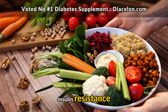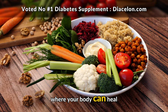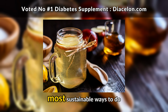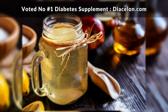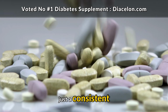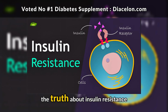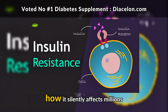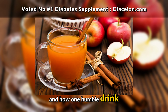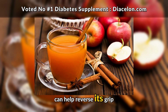Reversing insulin resistance isn't about short-term fixes. It's about building a lifestyle where your body can heal and thrive. The good news? This drink is one of the simplest, most sustainable ways to do that. No fancy supplements, no extreme dieting, just a consistent daily practice rooted in nature and science. So there you have it, the truth about insulin resistance, how it silently affects millions of lives, and how one humble drink, made from simple ingredients you likely already have at home, can help reverse its grip from the inside